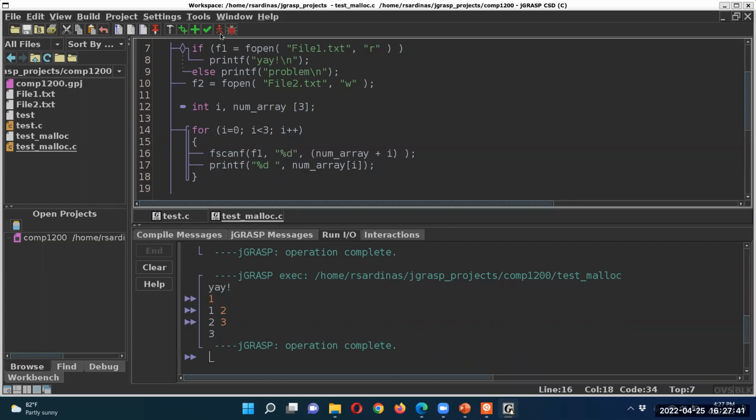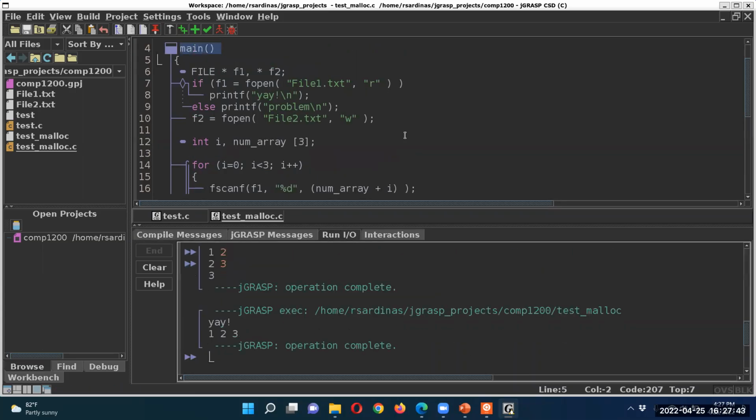That's it. Very good. Let's try it out and see what happens. We'll compile it and run it now. And sure enough, that's exactly what it does. It behaves exactly like that. So with fscanf,